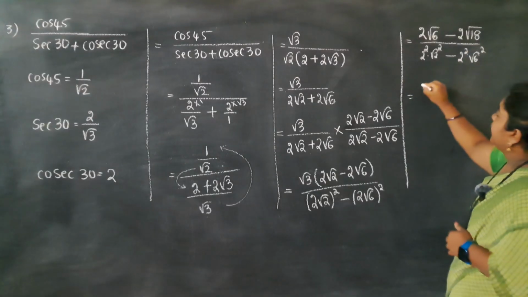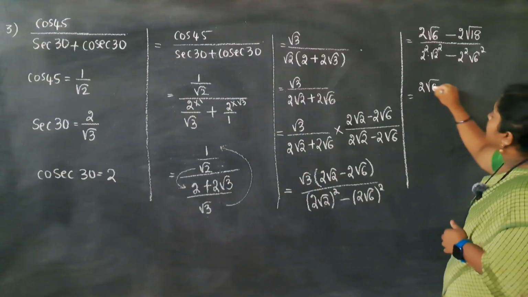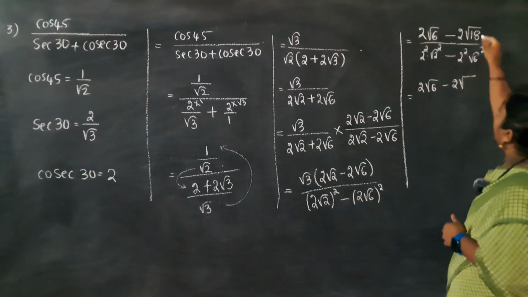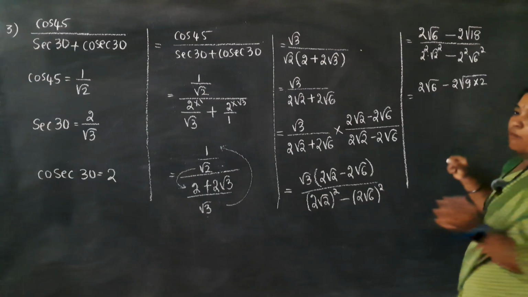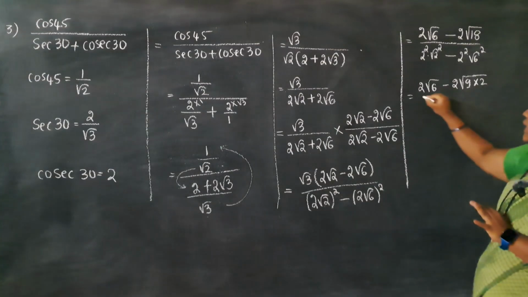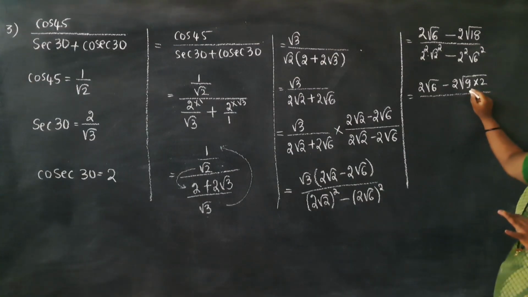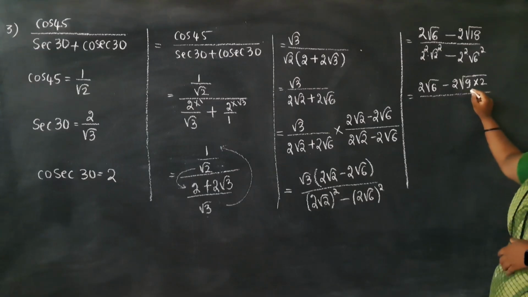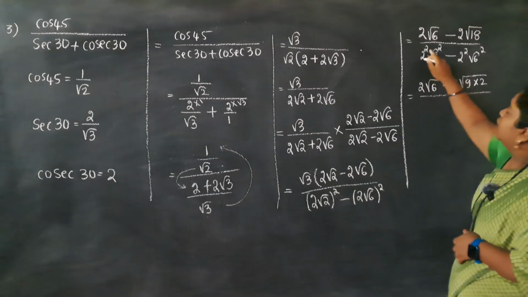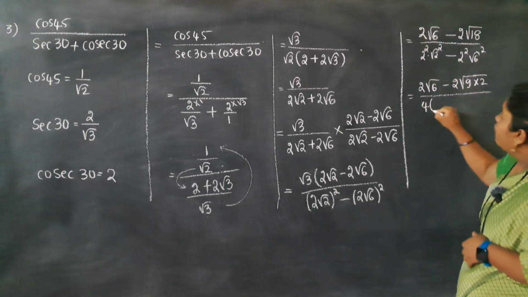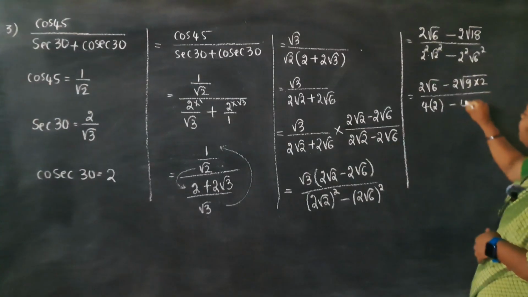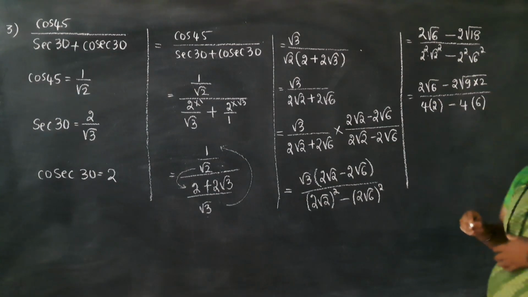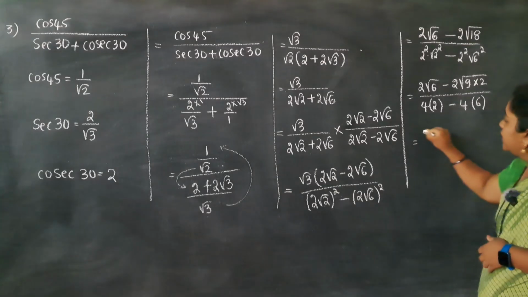Okay, in the numerator part you just see 2 root 6 minus 2 into, I'll write 18 as 9 into 2. I'll split it in the form of one perfect square number and one is not. So 9 is a perfect square number, so that I can take the value out. In the denominator, 2 square is how much, dears? 4. Root 2 square is 2. Minus 2 square is 4. Root 6 square is how much? 6. So what I'll be having here?